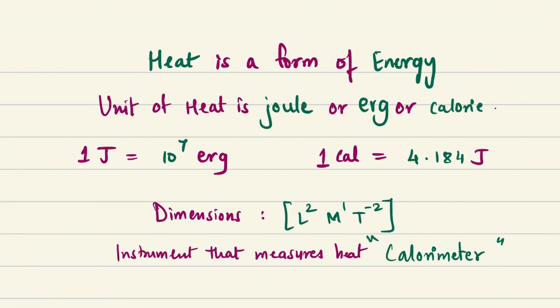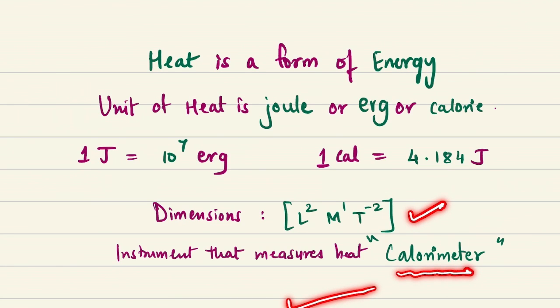So in the coming lectures on heat, we might sometimes be using calorie, and you might need to convert that into joule. So 1 calorie is 4.184 joules. The dimensions of heat are basically the dimensions of energy. So L^2 M^1 T^-2 would be the dimensions for heat, and the instrument that measures heat is called a